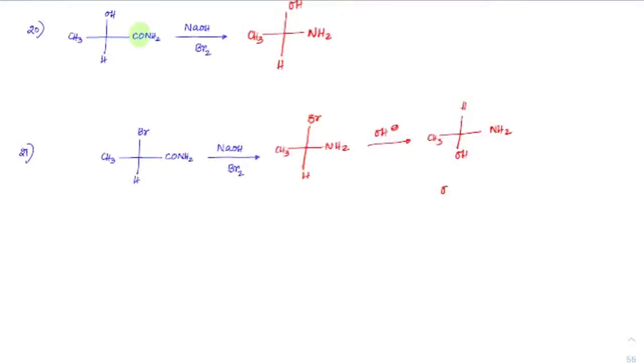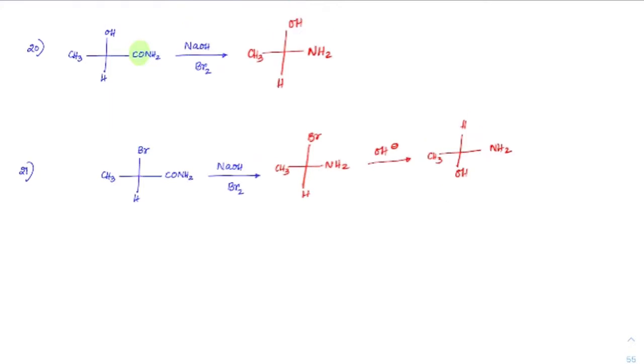Substitution will happen next, but it doesn't matter as these are not the rate determining steps. Understood? The rate determining step is only the which one? Isocyanate formation. Okay. Right. So idea is we will get this OH, but these are unstable forms. We will immediately get this, and we will have CH3, H, O minus, NH2. This will close as double bond. You remove this, you will get this as CH3, CHO.